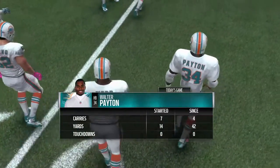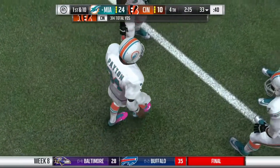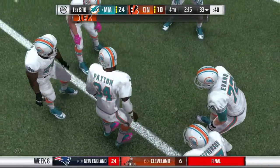A look at the running back, the man out of the backfield as he gears up to go again. And these numbers showing up on the screen, that's why he's their star. They kept him down for a